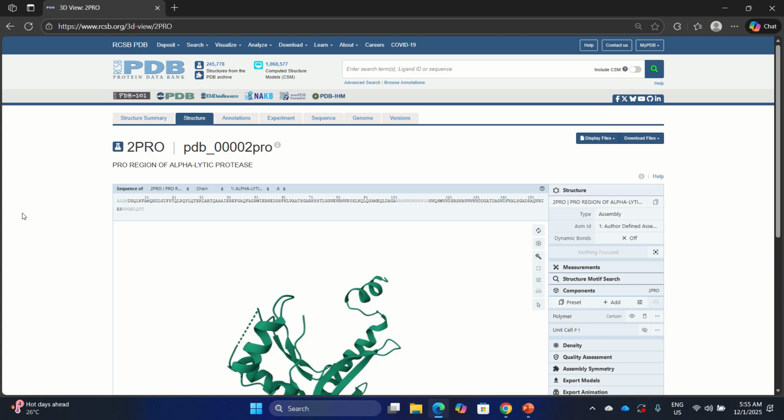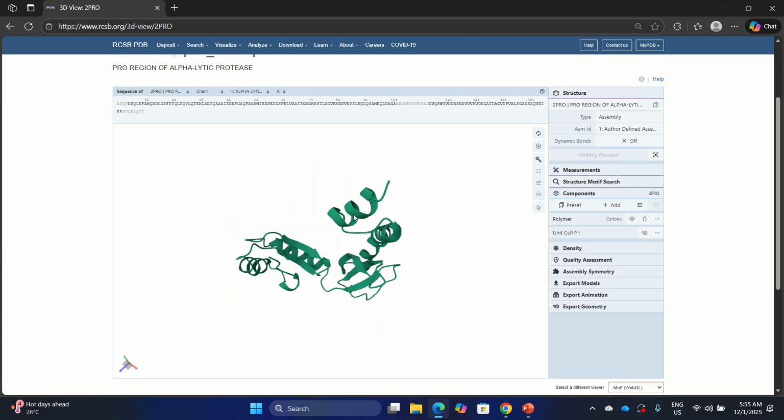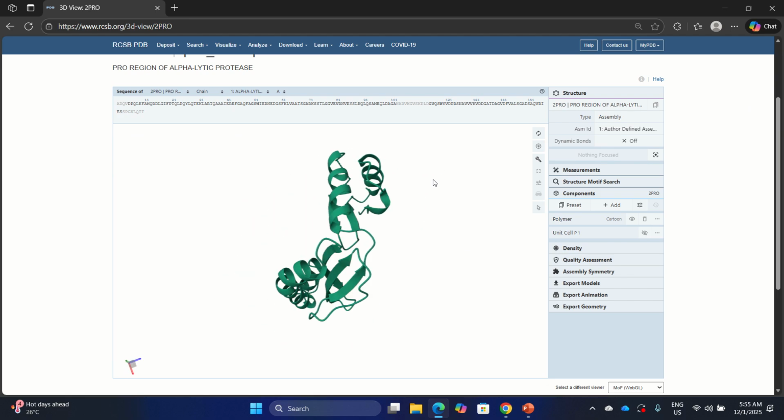The structure tab allows you to visualize the structure, of course. And here you can see the sequence as well, sequence of 2PRO.